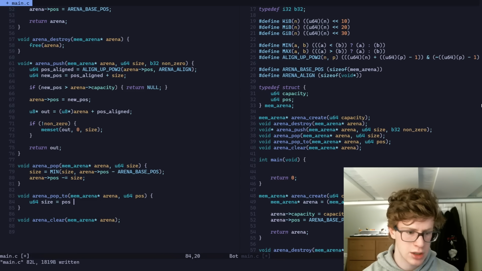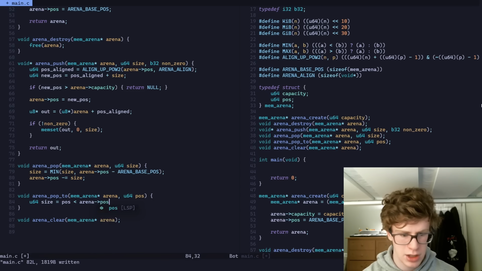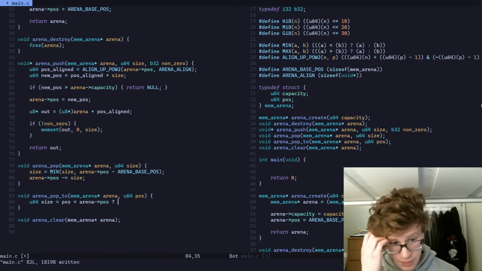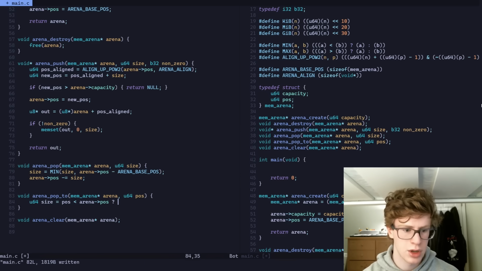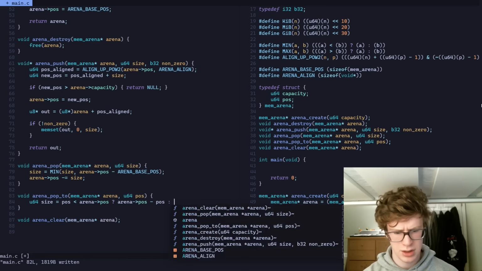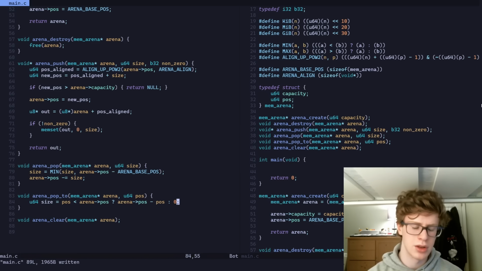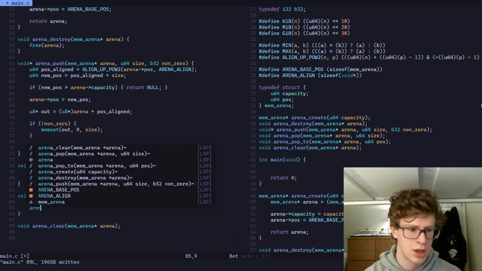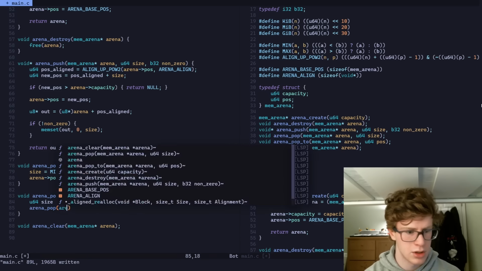So we need to check to make sure that our position is less than our arena's position. If it is less than that, then we're going to go arena position minus position. Else, if it's not, we're just 0, right? If it's greater than the arena position, there's nothing to pop, right? And then pop the arena